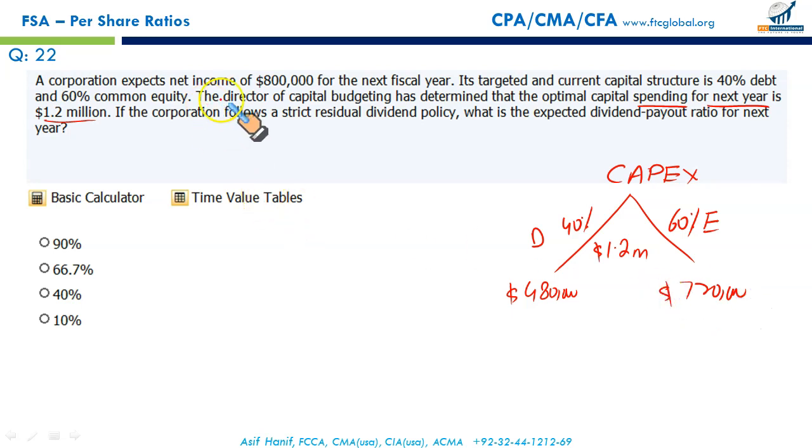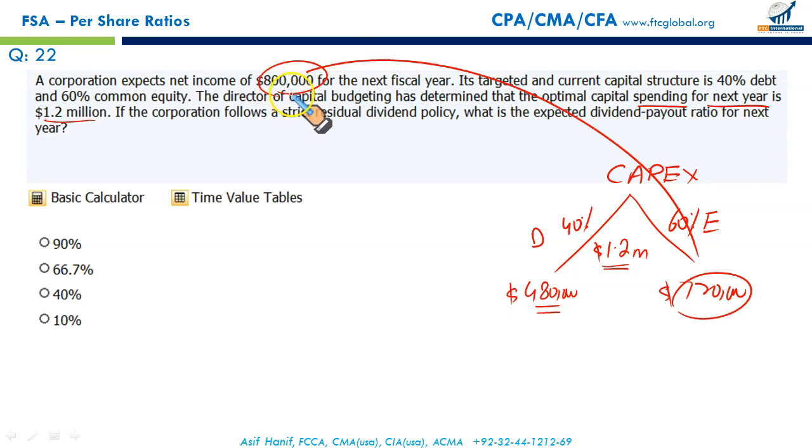So if the company follows a strict residual dividend policy, it means the company will invest in all the profitable projects, and after investing in the capital projects, whatever remains will be distributed as dividends to the shareholders. So if the current year net income is expected to be $800,000, and as per the targeted capital structure we are expected to invest 1.2 million, 480 would come from debt and 720 should come from equity, which means out of the earnings available, 720 would be channeled into the capital expenditure, and the remaining 80,000 will now be the residual profit, which can be paid as dividend. That's what you call the residual dividend policy.